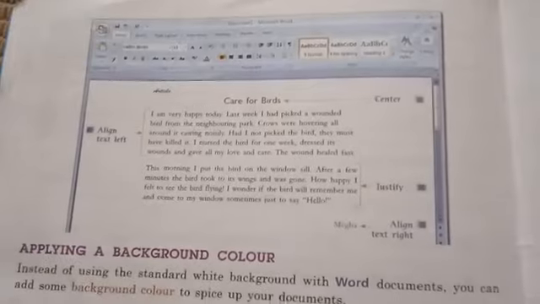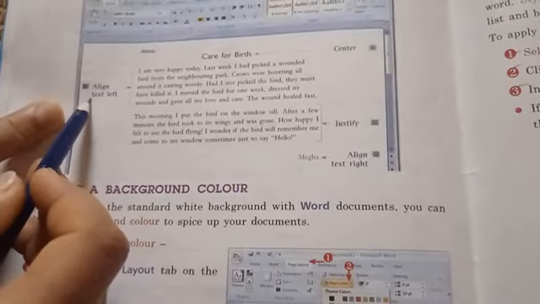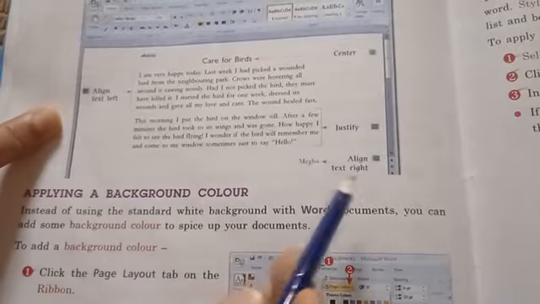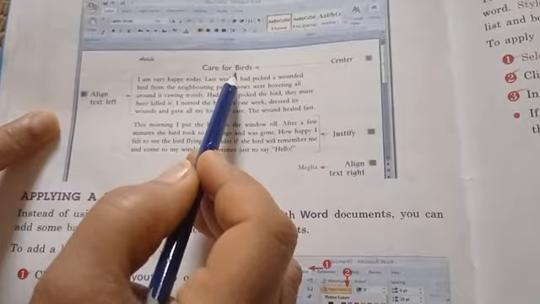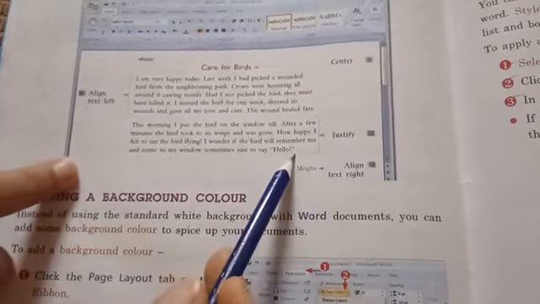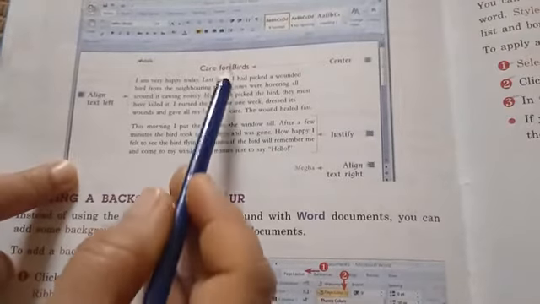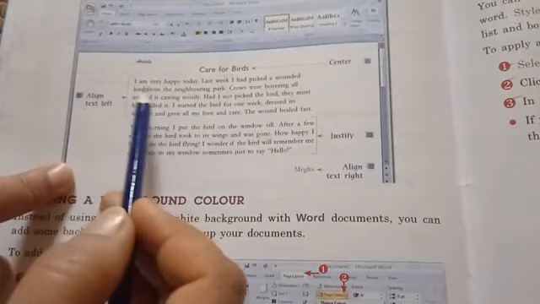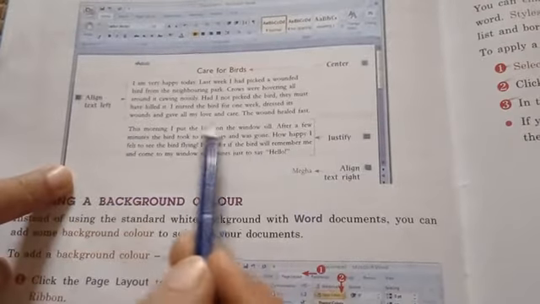Align text left, align text right, center, justify. Now it is clear. This is in the center, this is left, this is right, and this is justify.